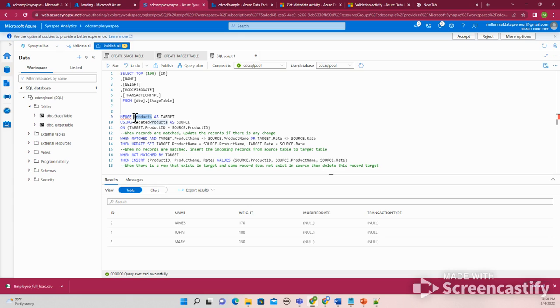So we merge into the target. As you can see, video.target table using the state table. And our primary key is our ID column. So the state table is your source, don't forget. And